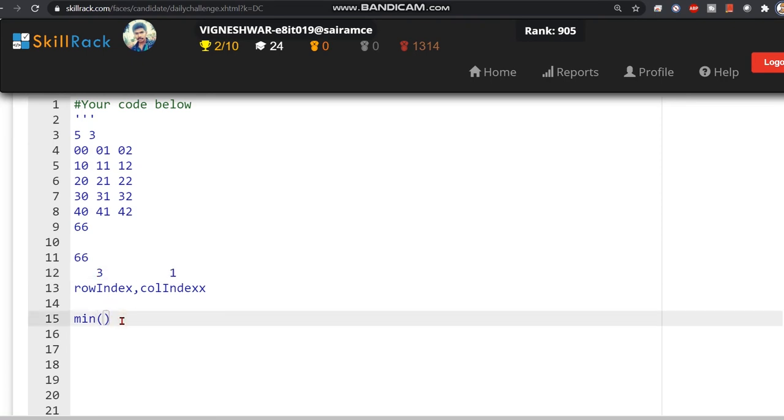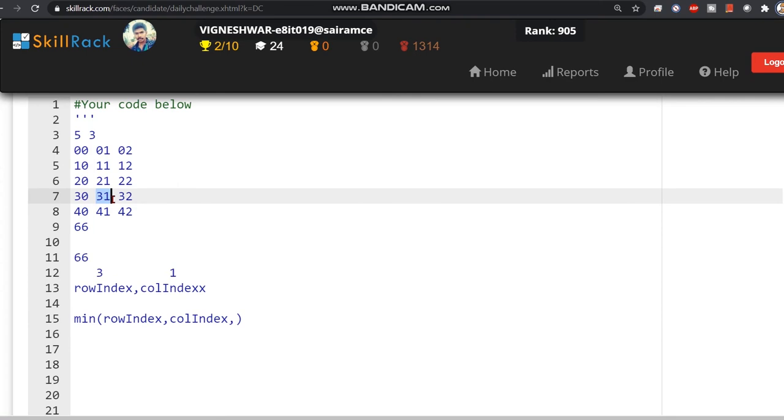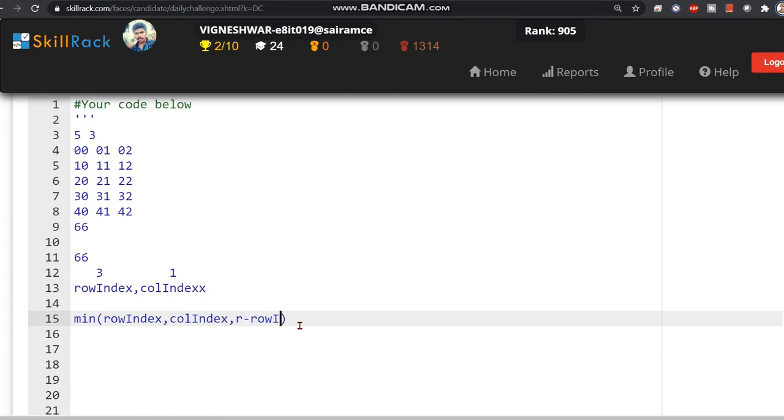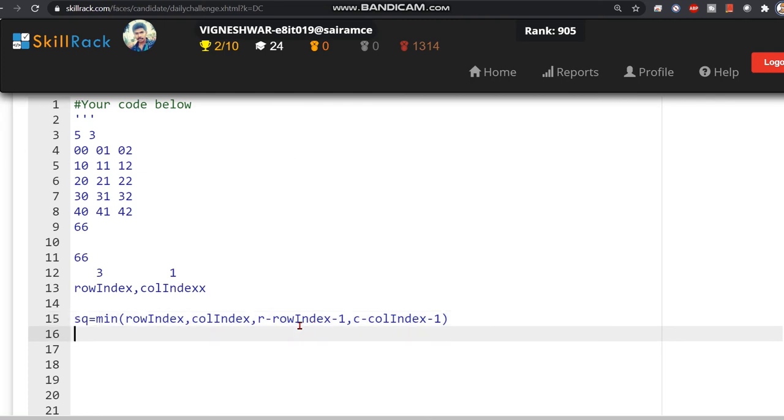Now we are going to find the minimum for the row index and then the column index. If you want to have that, then we want the row minus row index minus 1, and then column minus column index minus 1, and we can call this SQ.